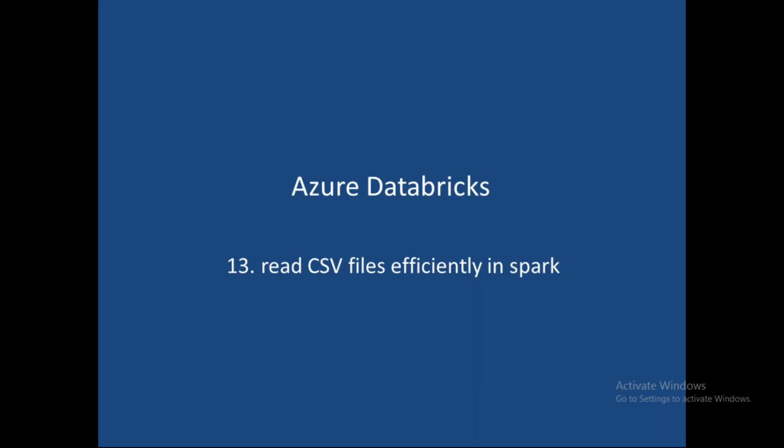So you can normally read the CSV files. But when you are reading a CSV file, what are the different options we have? Which options we can use, which options you should not use, and how you will get efficiency while reading the CSV files. If you don't know which parameters not to use while reading the file, you will try to read large data, and you will end up with performance issues.